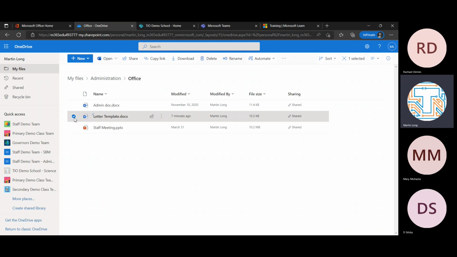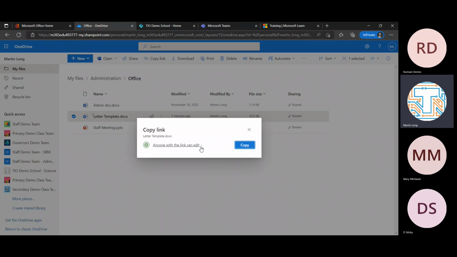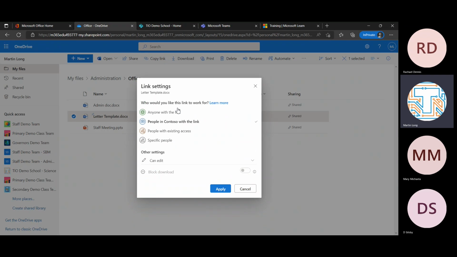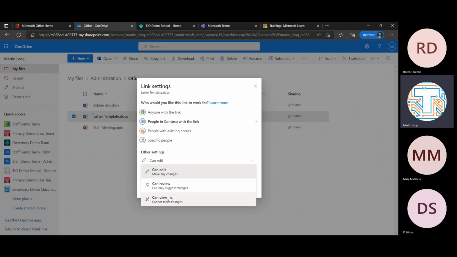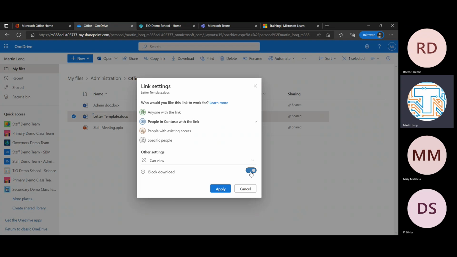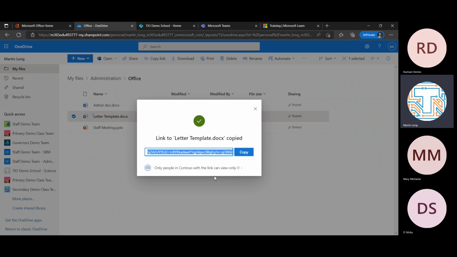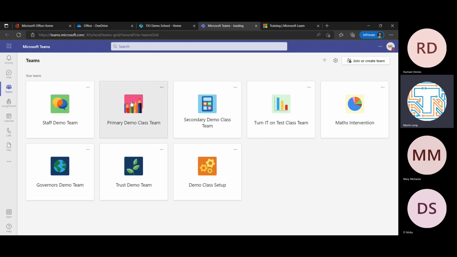If you don't want to use a share link and you want to copy a link, you can highlight again, go to copy link. You can decide who it is. So it might be people inside my school. And I want to say that they can only view this. And I also want to block them downloading it. So I'm going to apply that. I get the link. I copy the link,